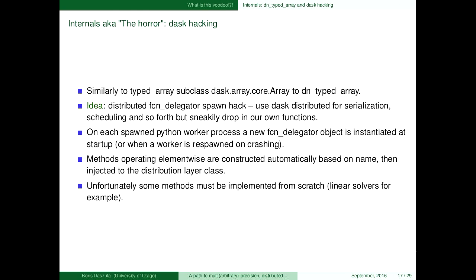So how do we actually get this to work with something like Dask? Well, you have to be sneaky, and this is very hacky. So what you're actually doing is, when you do this distributed thing, you spawn a whole bunch of different Python processes. And let's pretend these are local. What we do is we have Dask instantiate these function delegators, and then instead of using the native implementations within Dask, you map element-wise to elements which are bound within these function delegators, which you've instantiated on each of these processes. So this is pretty horrible, but it can be done and it does work, and I don't claim that's the best way to do it, but